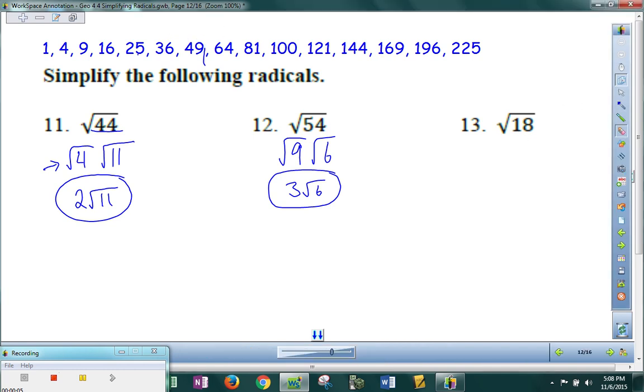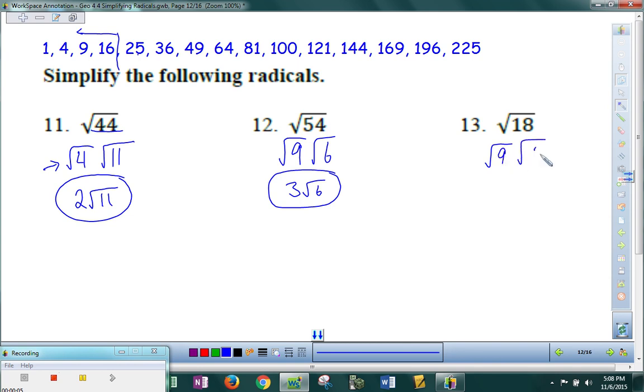Alright, let's do that same thing for the square root of 18. First step, we just want to find 18. It would fall in between 16 and 25 here. And then we're going to ask ourselves, moving backwards, does 16 go into 18 evenly? That's a no, but what about 9? It sure does. 9 goes into 18 2 times, so we've got our perfect squares and then our ugly ones